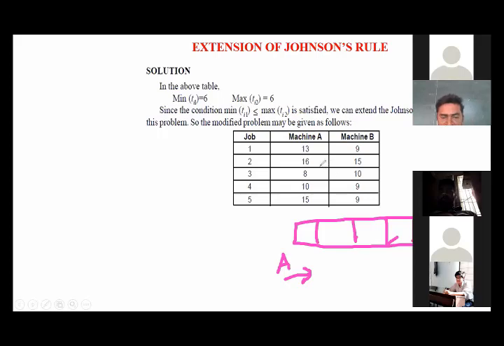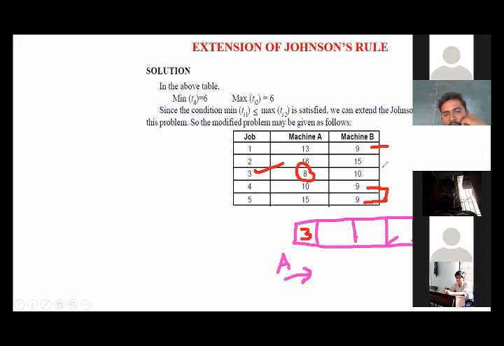The first step, as per Johnson's rule, is to identify the minimum value. Here in this table, the minimum value is at machine A and job 3. So we are going to take job 3 here. Then coming to the next minimum, here we have a tie between the minimum values. These 9s are at B. So as per the rule, we are going to write that minimum value here. Why? Because the minimum is at B.